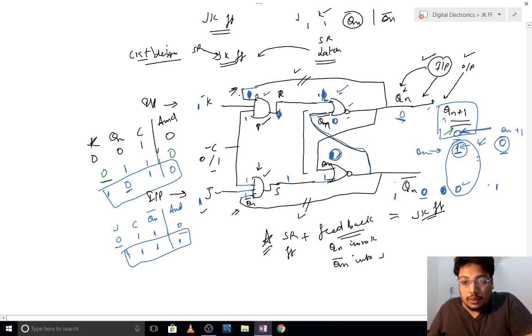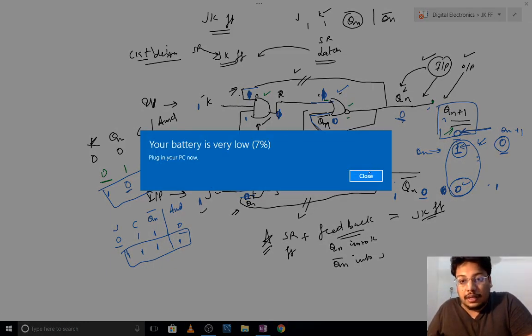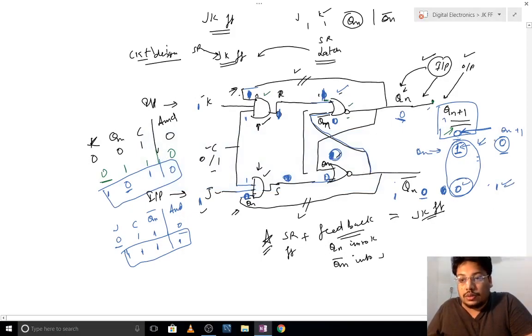But here Qn bar previously was 0, so it will be giving me 0. Here is also 0. So 0 plus 0 is 0, notting it will be giving me 1. So again it is complemented.